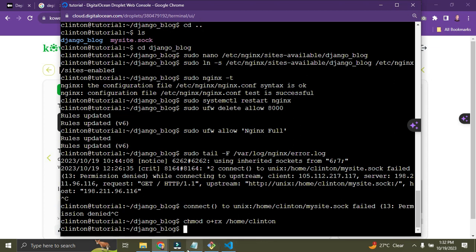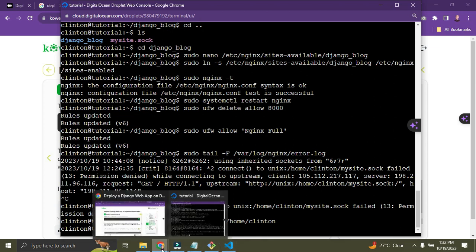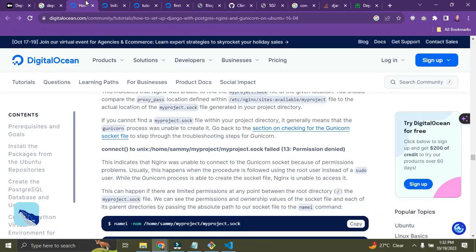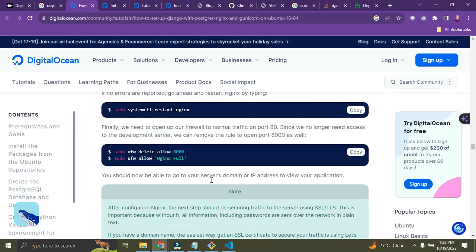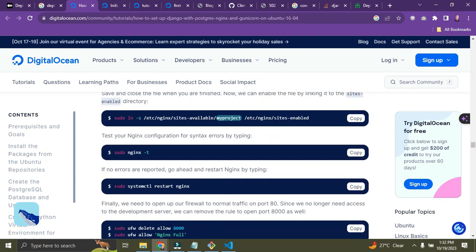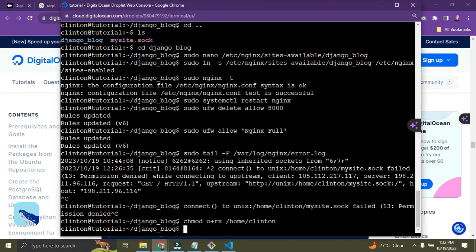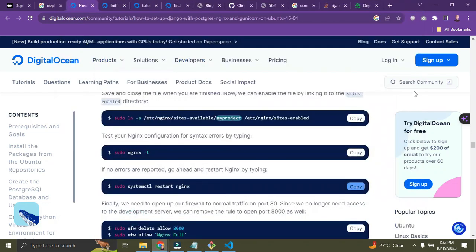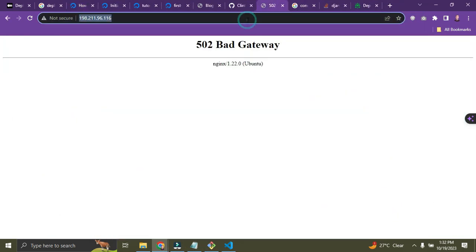Once you've done that, we are going to run the server again. This is the code to run the server again: sudo systemctl restart nginx. It's just to run it again. Copy. Once you've copied it, come down over here and paste it to run the server again, and hit enter. Okay, go down to your browser and let's see if the error disappears. Refresh this page,